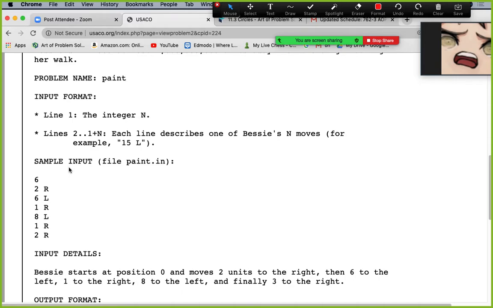L means go to the left side. R means go to the right side. Then the first integer means the unit, or the distance they go in that direction. The starting point is the origin, it's 0. They start from 0. So now, for this problem, if I draw